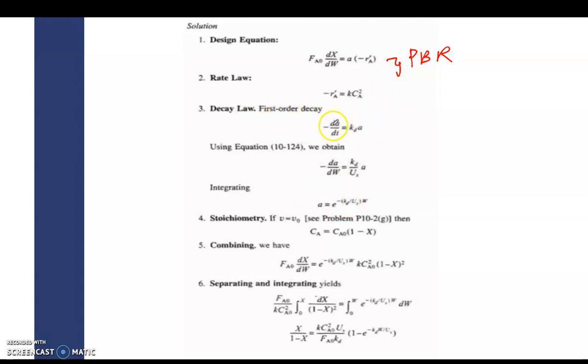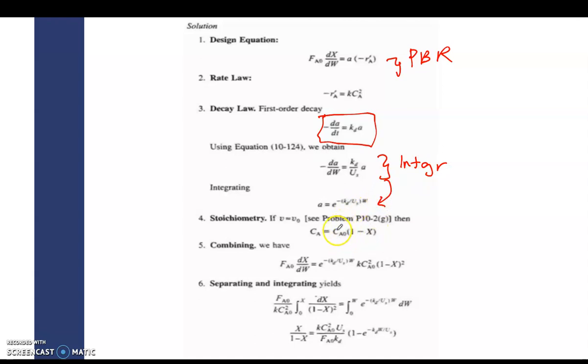Again, this is the initial equation. Using the equation 10.124, you need to highlight this. Then integrating this thing,